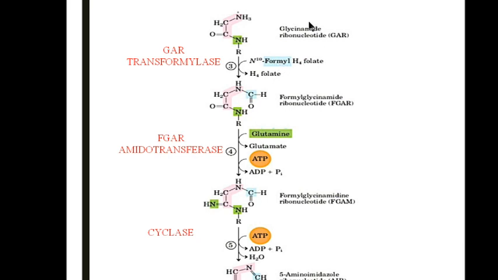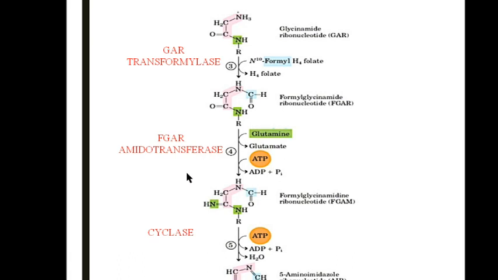The formyl group is added to this glycinamide ribonucleotide. Thus, we got a compound named formyl glycinamide ribonucleotide. You can see here one carbon is added, that is C2 and C8. I told you carbon 2, carbon 8 are derived from the formyl group. So, this carbon is added. Now, at this junction we have 3 carbons and 2 nitrogens already filled. That means a total of 5 atoms are there. The remaining 4 are left.